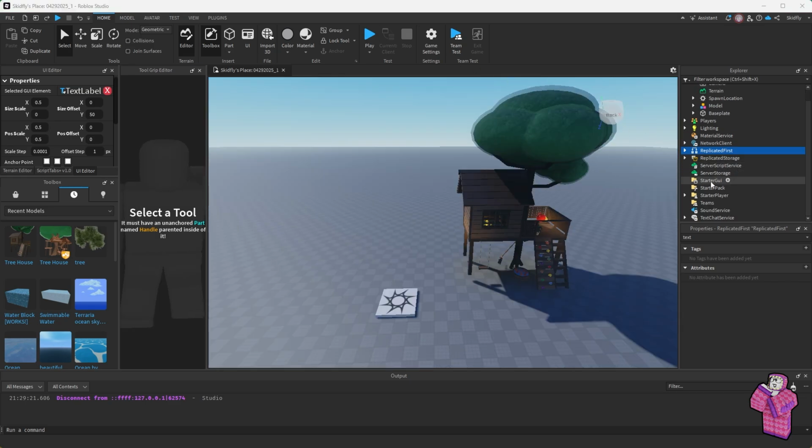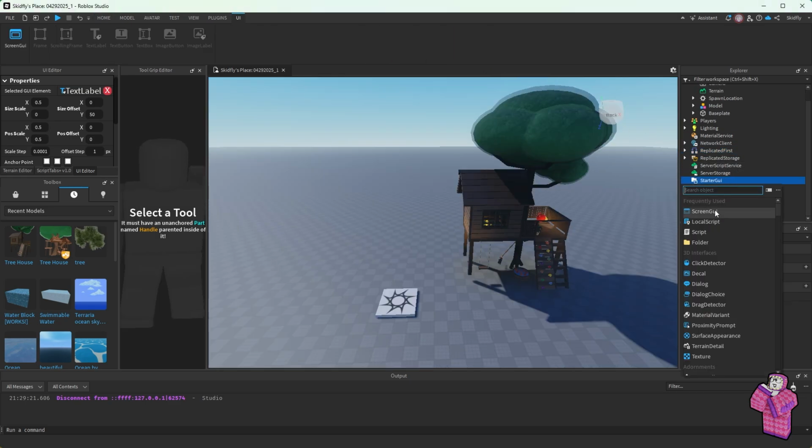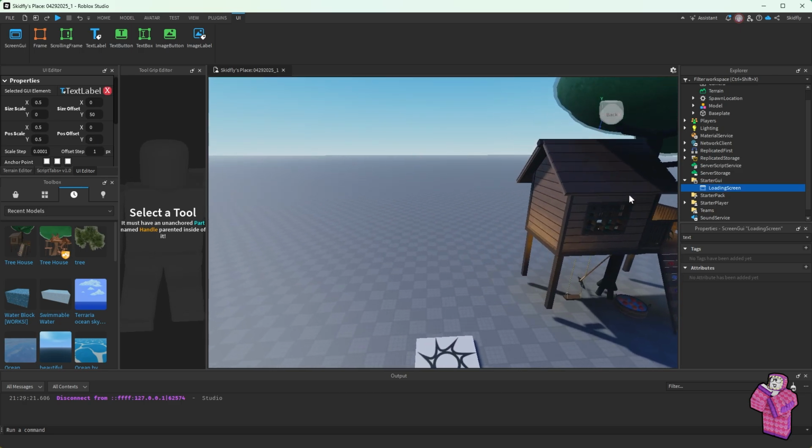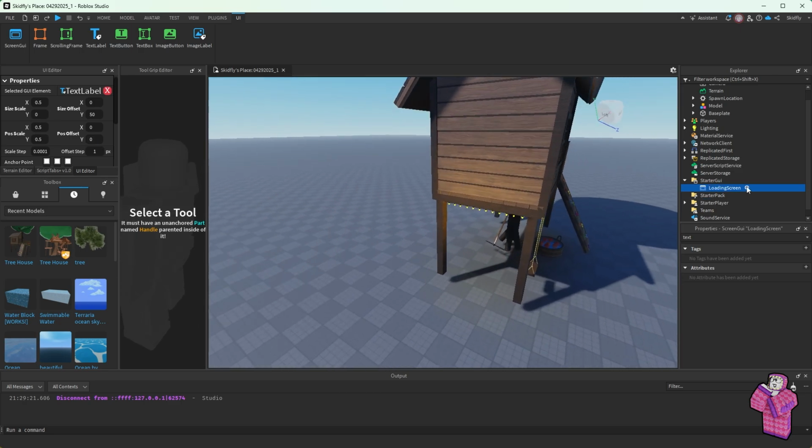So let's start by adding a new screen GUI in StarterGui. We are going to name this loading screen. Right now we don't see anything, but we're going to go ahead and add our first frame. And this is our first visual thing that we're going to see. So let's go ahead and add it. Now we can see this frame is up here. And I'm going to extend this frame so that it's filling up the entire